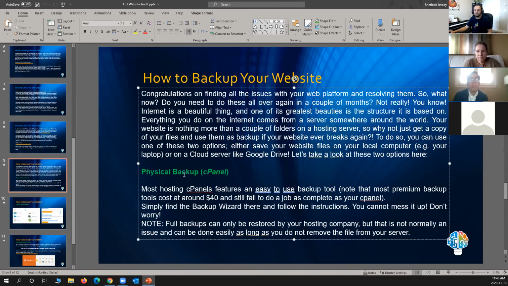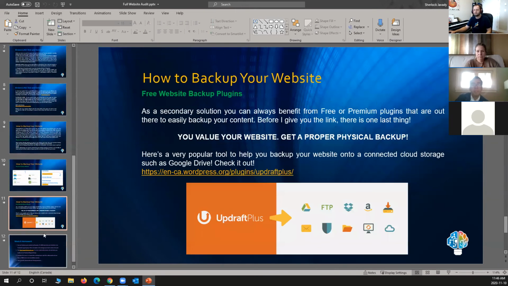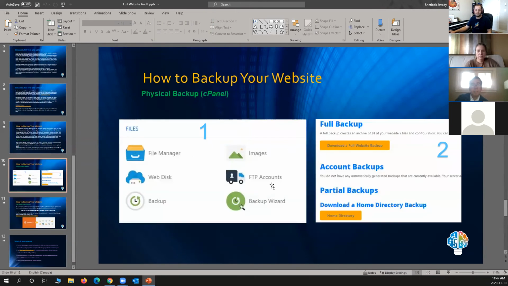There are backups. Even your own host, your hosting sells things like CodeGuard or other things. They charge you to back up your website. You don't have to pay for any of those. It's super easy. Simply go to your cPanel, go to the files section, click either backup or backup wizard. It makes no difference. It's the same thing.